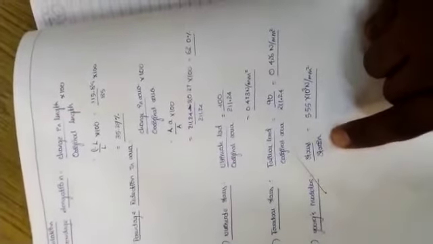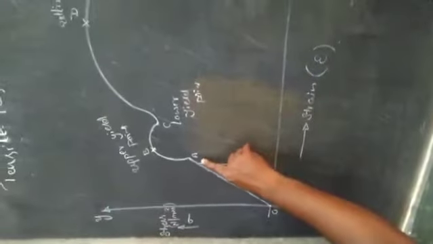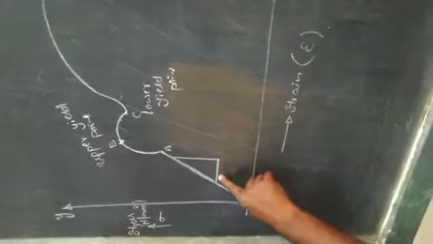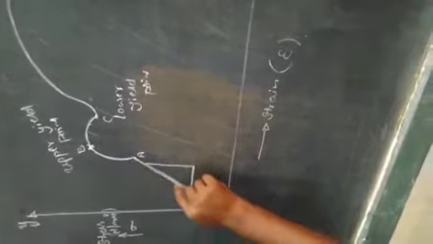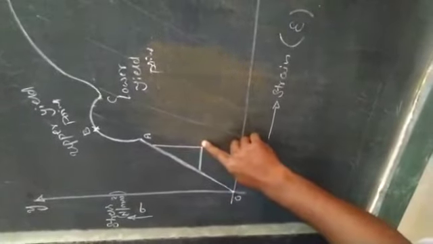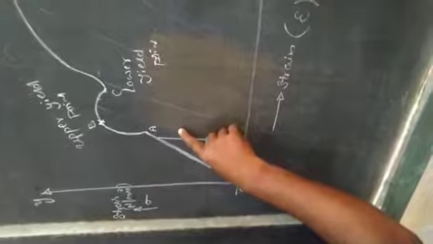Then Young's modulus we need to take from the graphical representation. This is the slope that we are going to get from the proportionality limit. At this proportionality limit, we need to take this length as well as this length. By calculating these two things, we can find the Young's modulus, that is, the variation in the stress divided by the variation in the strain. This is the only reading we need to take from the graphical representation.